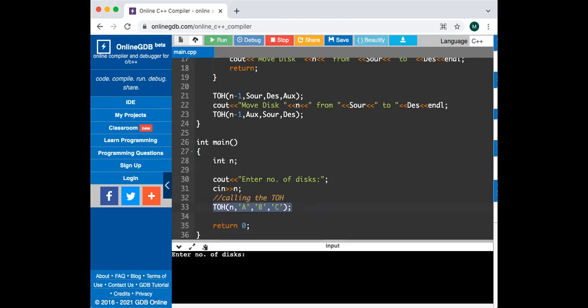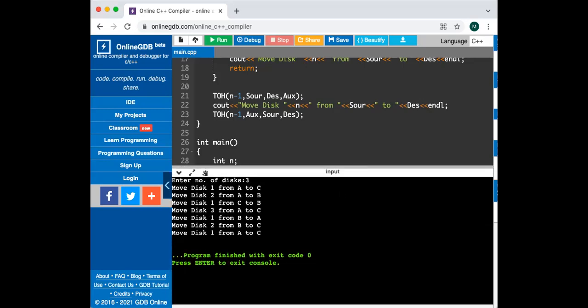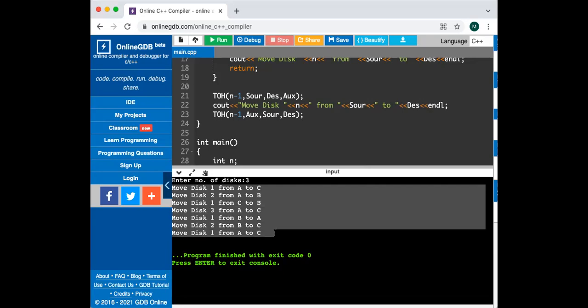Okay, so I'll enter the number of disks. Let's say कि मैं number of disks को 3 enter करता हूँ, and then I run this and you can see what has happened in this particular case. Right? So you can see कि ये सारे steps जो है ना, these steps have been followed. And now this code is present in the slides. आप उस कोड को लेके खुद रन करें और देखें कि क्या ये स्टेप्स ठीक आ रहे हैं या नहीं। Okay, so that's it, thank you very much. I think this would be an interesting